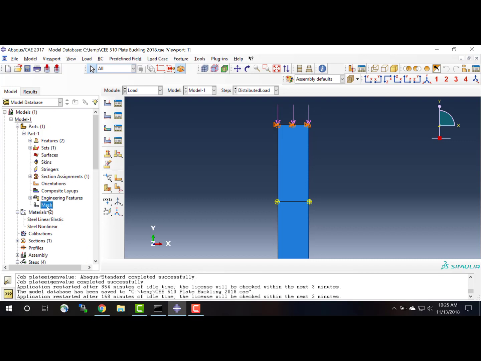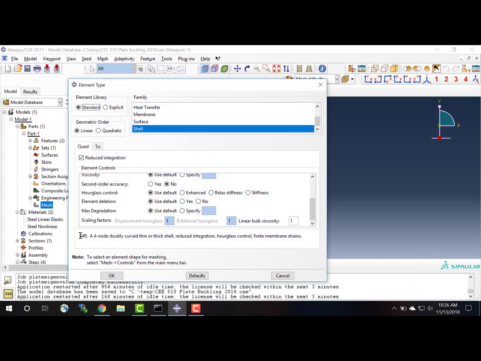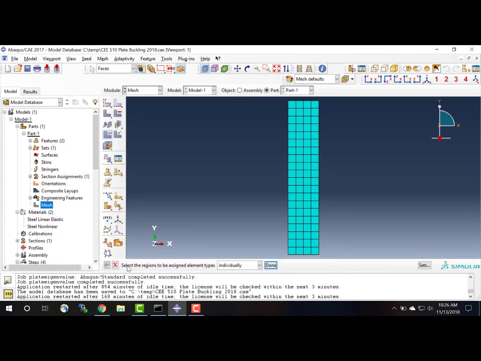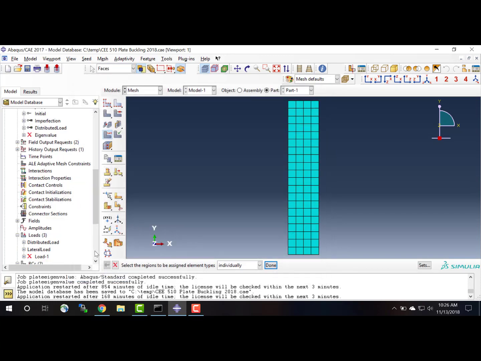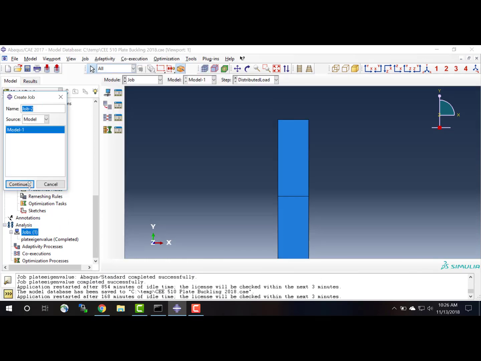Let's double check our mesh. It looks like everything from the previous analysis was saved. So for our element type, we're still using the S4R element. So we click OK. And we're going to create another job from model 1. And this one we're going to call